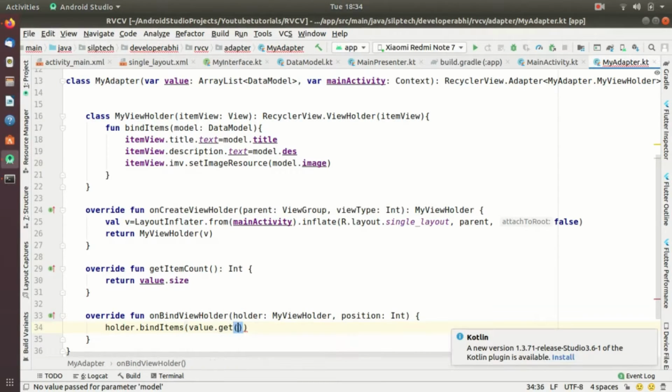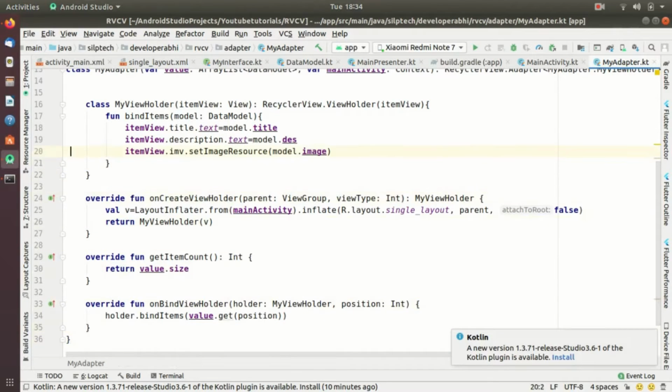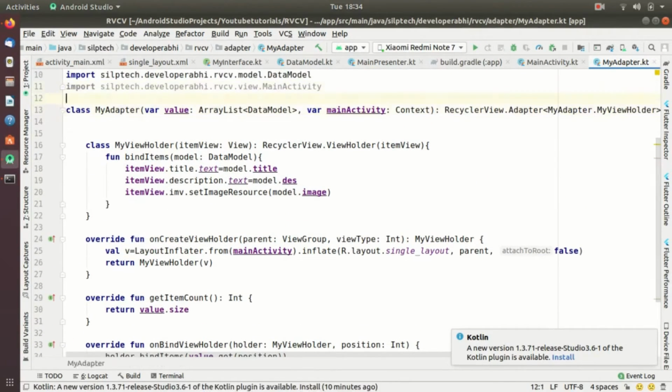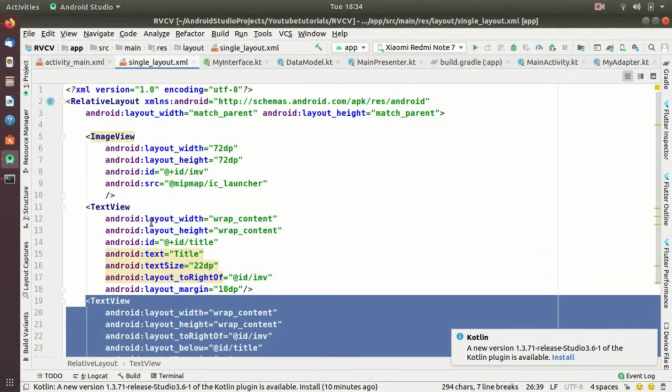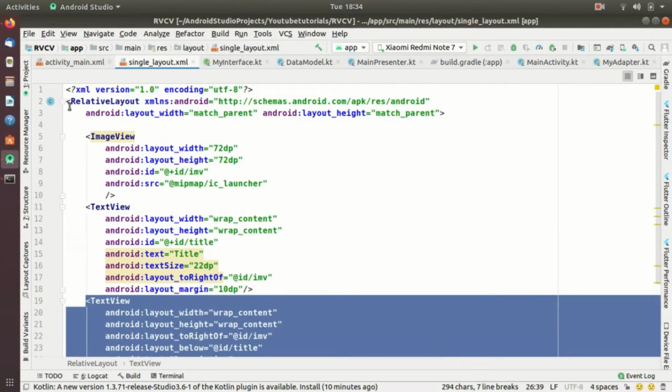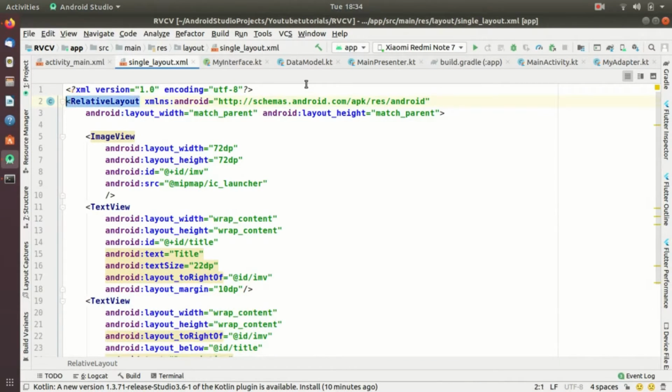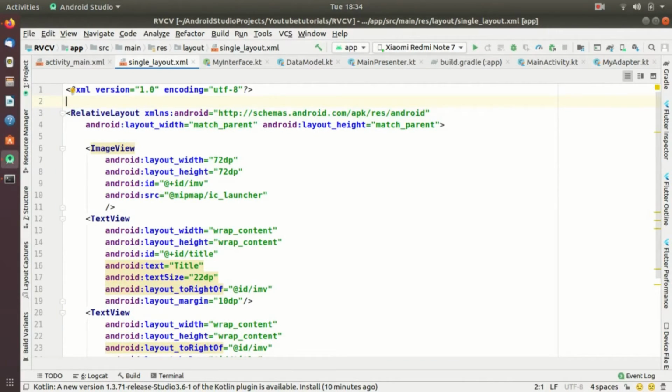dot get and position. Okay, it's done. So we've successfully implemented our recycler view. Let me go back and make a last minute change here. Actually I talked to you about implementing CardView, but I haven't done so here, so I'll just add a CardView in